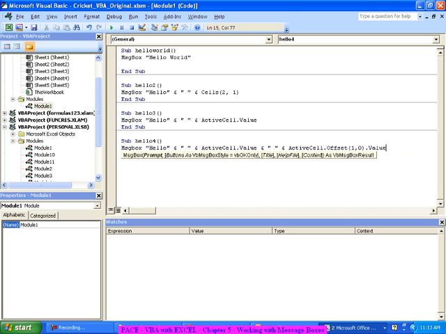Instead of taking the active cell's value, first I am doing an offset from that active cell, because my cursor is there only in one location. Right? For that cursor location, I am saying move one row down, 0 columns to the right, get the value of that. So there are 2 values it is getting: ActiveCell.Value as well as ActiveCell.Offset.Value, which means it is going 1 row down, 0 columns to the right and getting the value of that. Now when you run this,